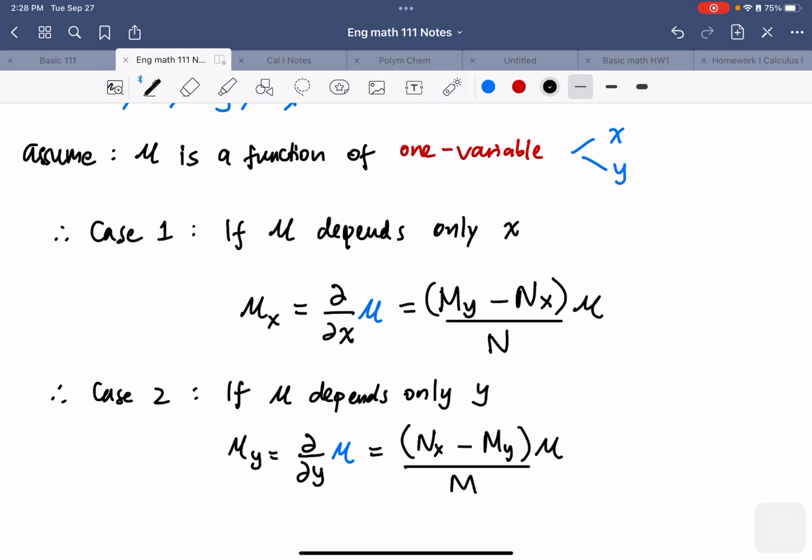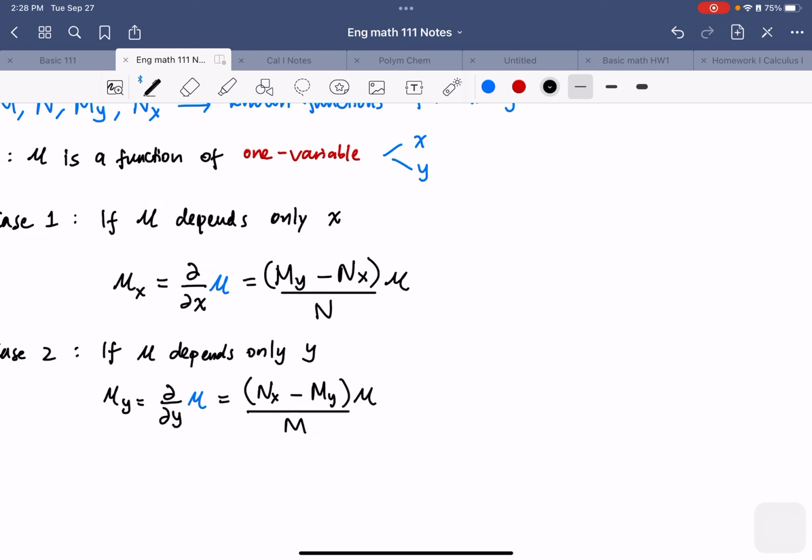So from these two, we are not done yet. Remember the integrating factor in the linear differential equation? We need to write it like that, so e to the power of something. So we are going to write this to conclude that the integrating factor